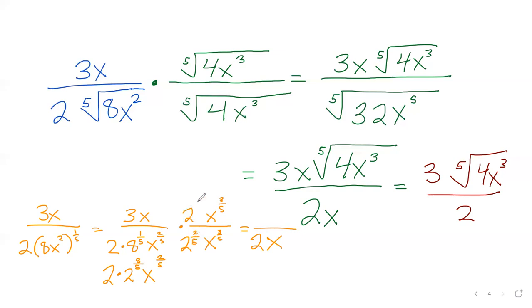And so I need to do the same thing on top. So that's a little more confusing with variables. It might be easier to think of, okay, what's the number that I can take the fifth root of? What do I need to multiply 8 by to get that? But I think with the variables, like x here, thinking of this as x to the 2/5, so we need another 3/5 to get x to the first, I think that's a fairly reasonable way of doing it. But we would ultimately, when we simplify the radicals, get this same thing